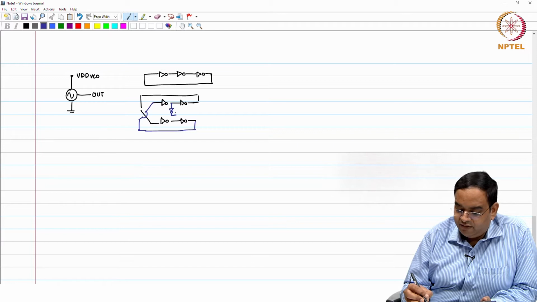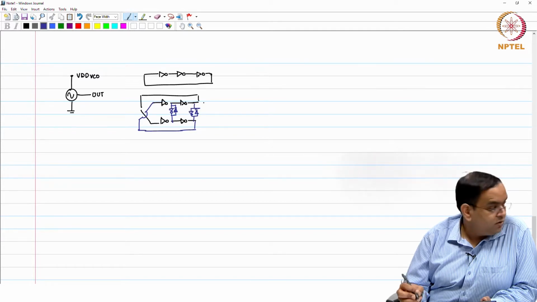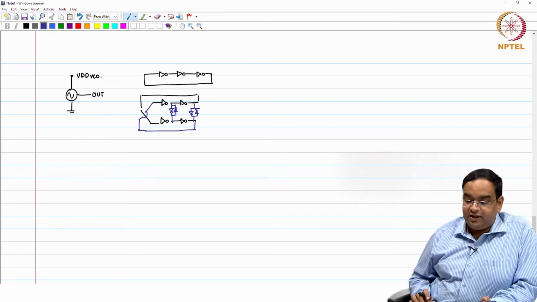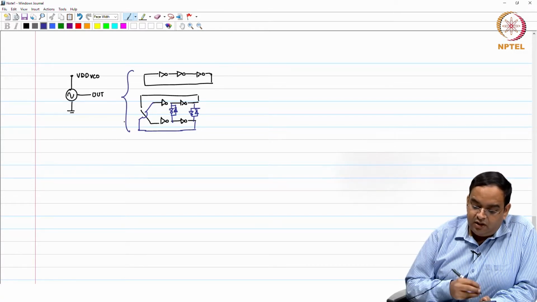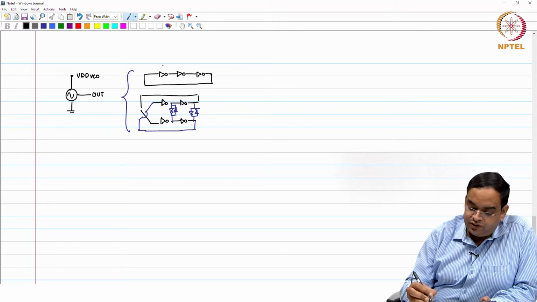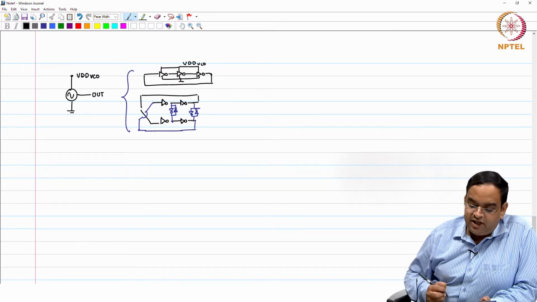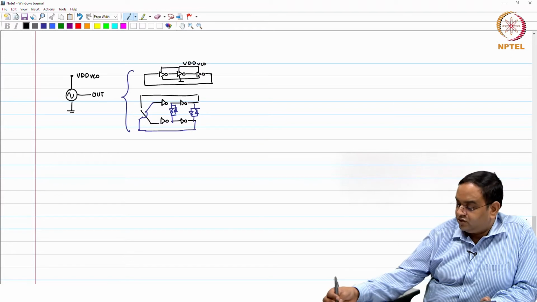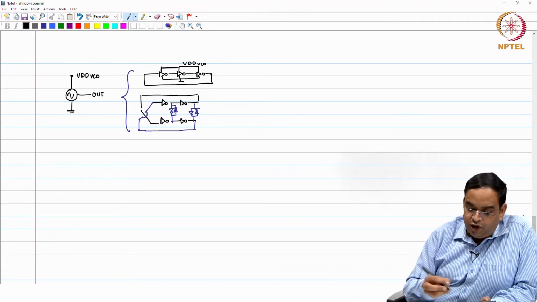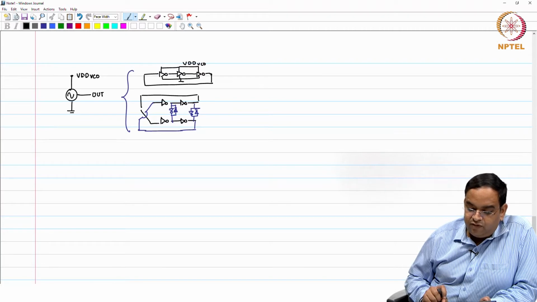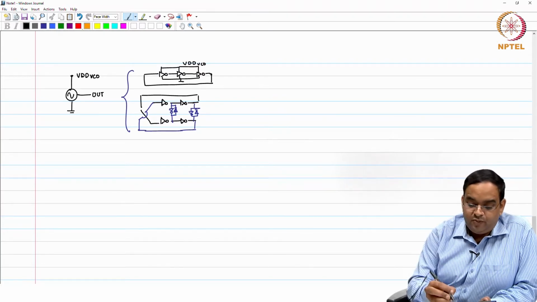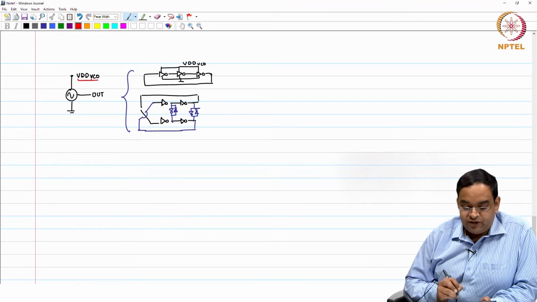Well, you need to have a cross coupled inverter here to connect it. So, these are the two oscillators which we are considering. Now, the supply of these two oscillators, this is VDD VCO, and similarly you have VDD VCO for the bottom oscillator. What we want to do is control the frequency of the oscillator by controlling VDD VCO,